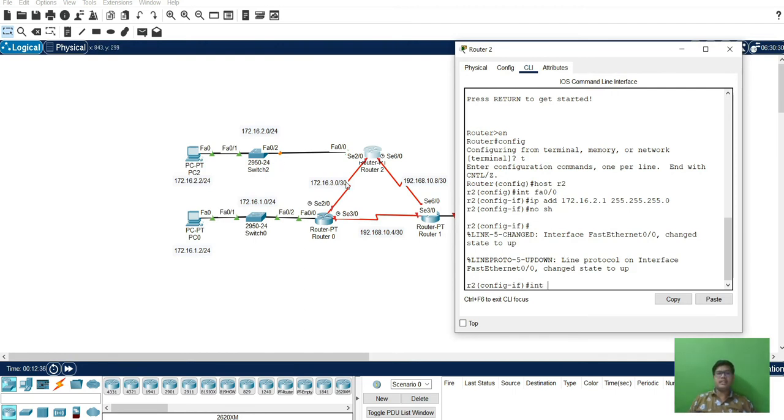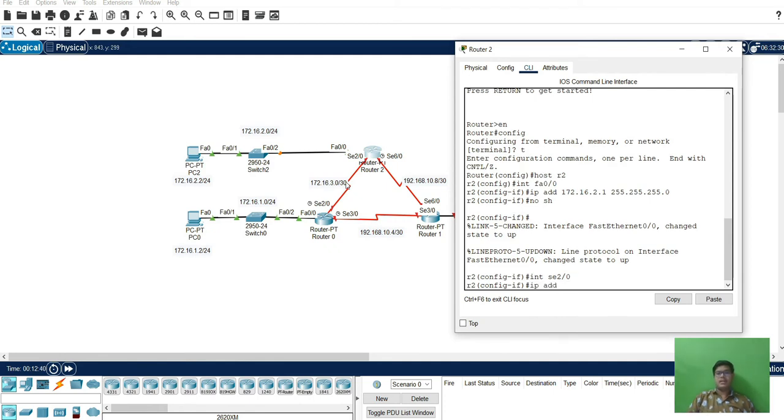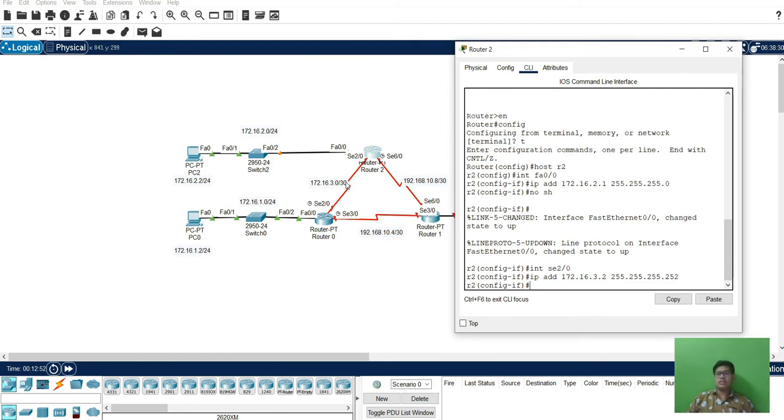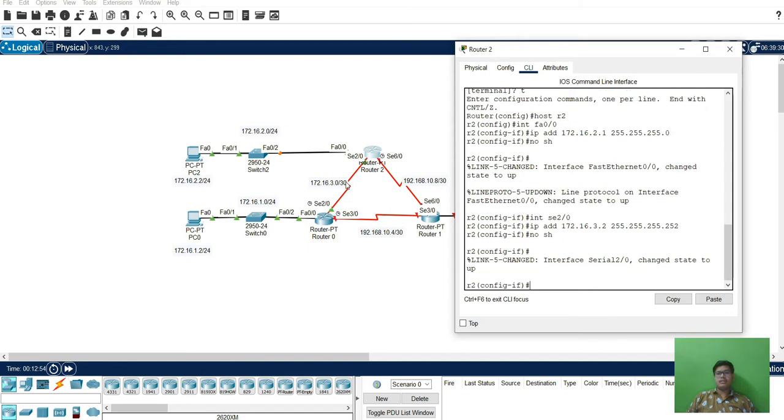Next, interface serial 2/0, IP address 172.16.3.2, 255.255.255.252, no shutdown. This port is turned up.